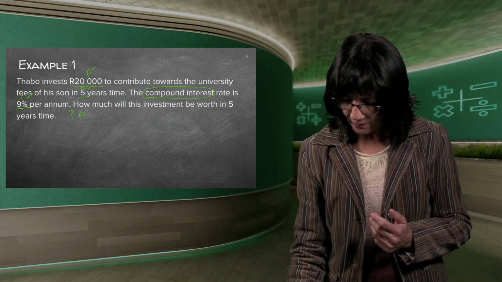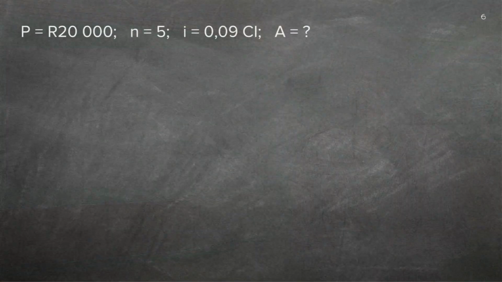So all I need to do now is to write down my formula. I've just summarized it there. My formula, just be careful now. It's P(1 + i), and instead of having the n there, the n is just hanging in the air. So the only difference is the formula. You're going to fill in everything as you used to, but because it's now compound, and from now on, for every single problem, you need to first decide, am I going to use the simple interest formula or the compound interest, because that is basically the only mistake you can now make.